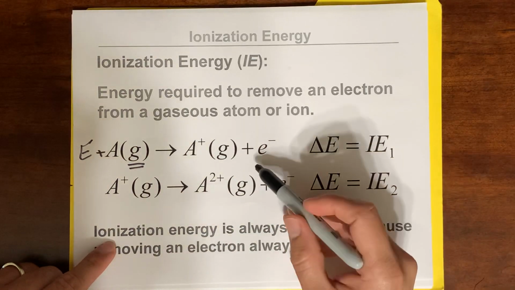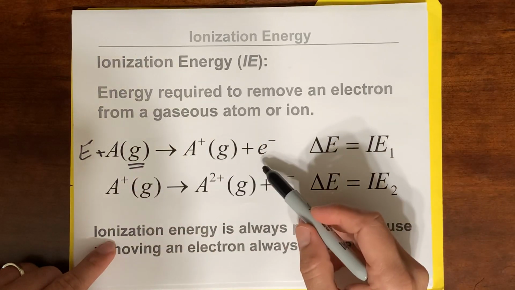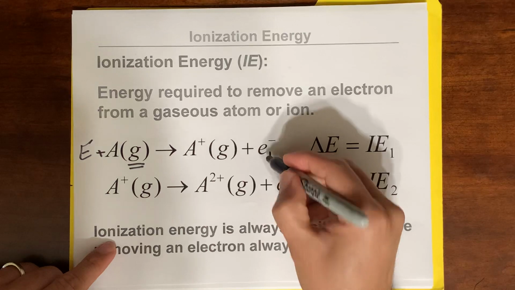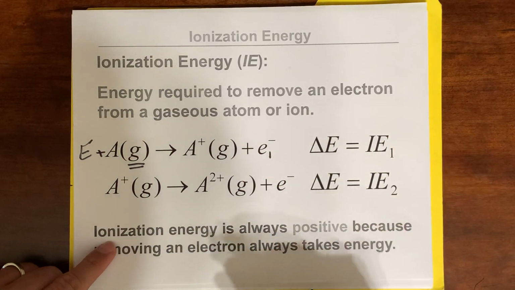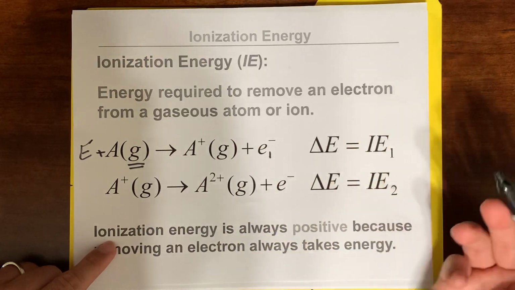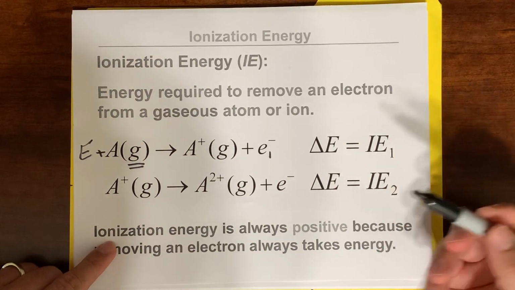This is the energy that we spend to take the first electron. So I'm going to say this is going to be the first electron, because it's the first electron, it will be the first ionization energy. If you want to take the second electron,